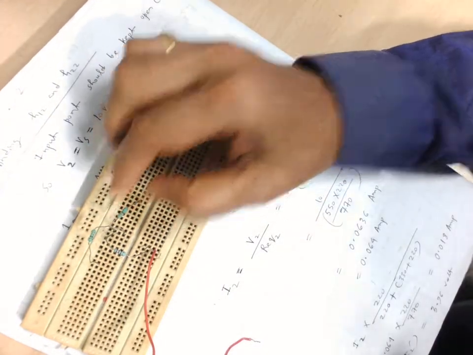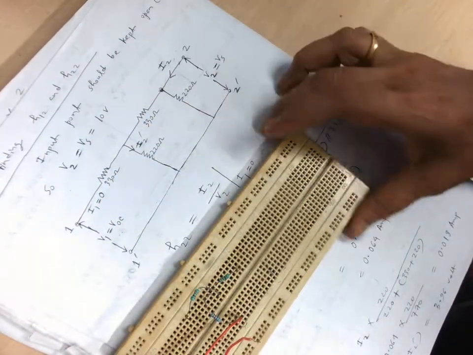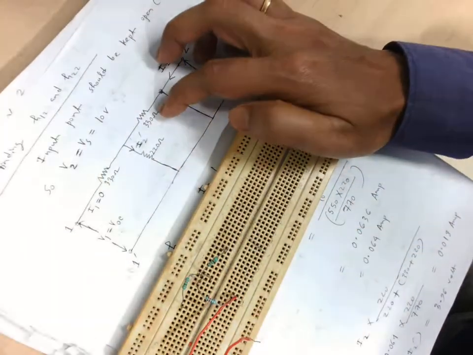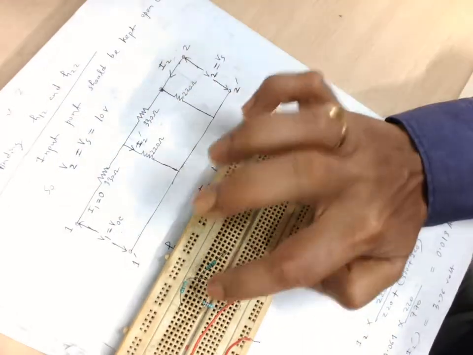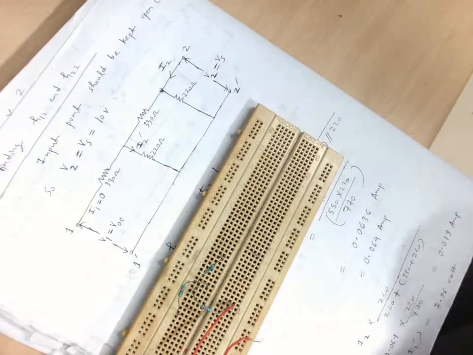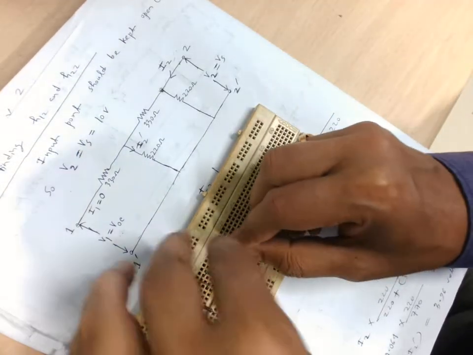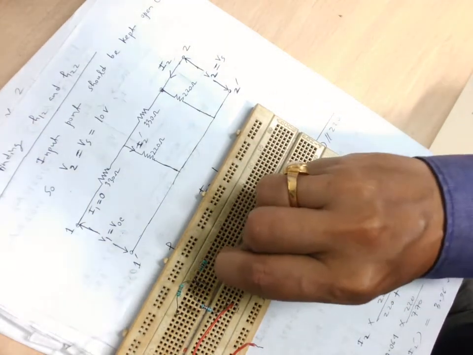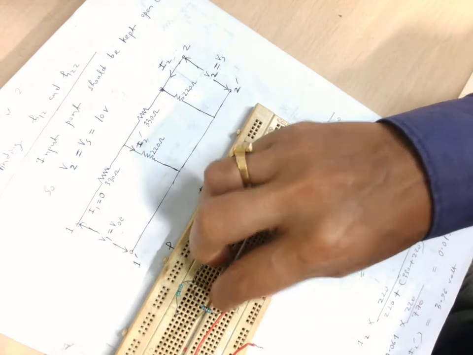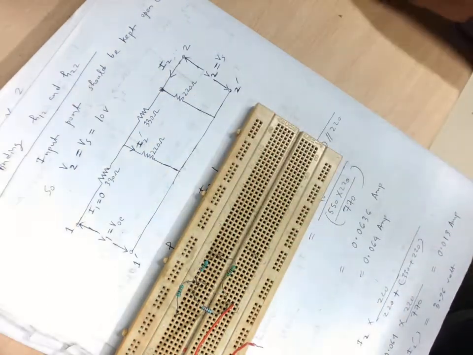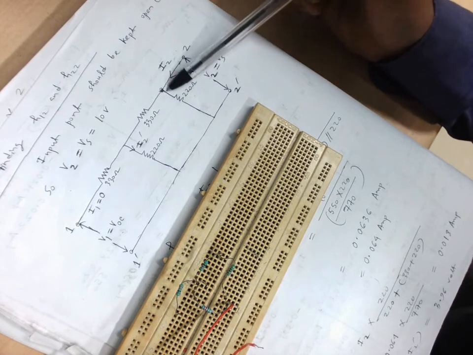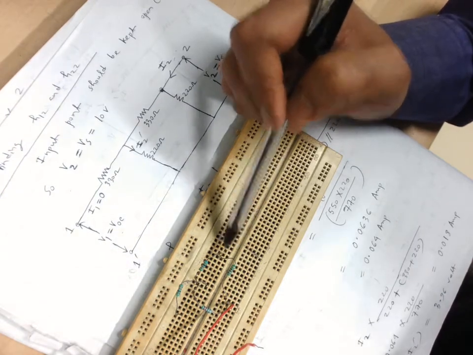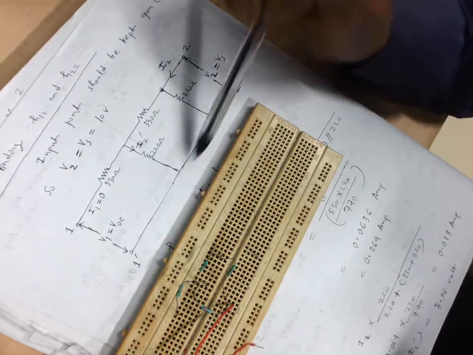Okay, now you have to connect, see, this 220 ohm. So this is 330, this is 330, this is 220, and this 220. That means here you have to connect another 220. And see, this lead of 220 will be connected to the 330 ohm, and this lead of 220 will be connected at the common point or reference point.